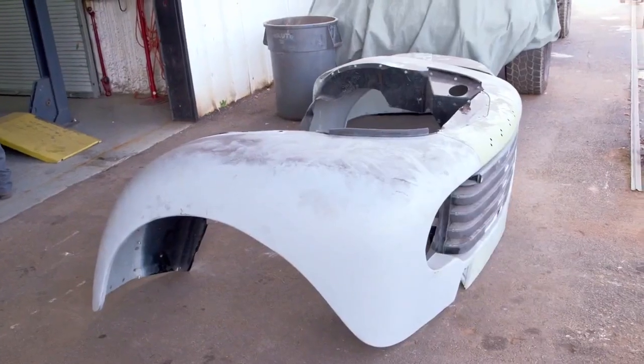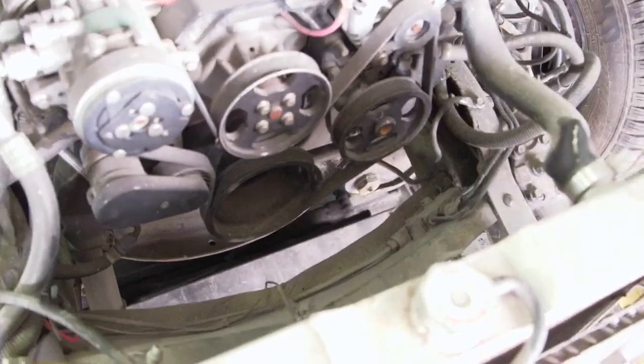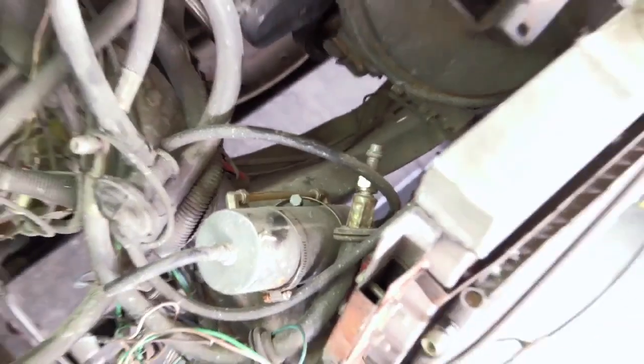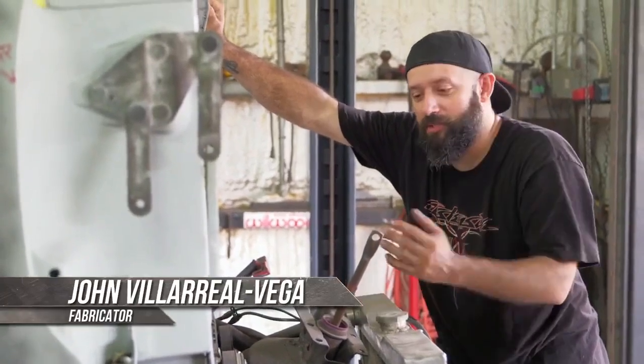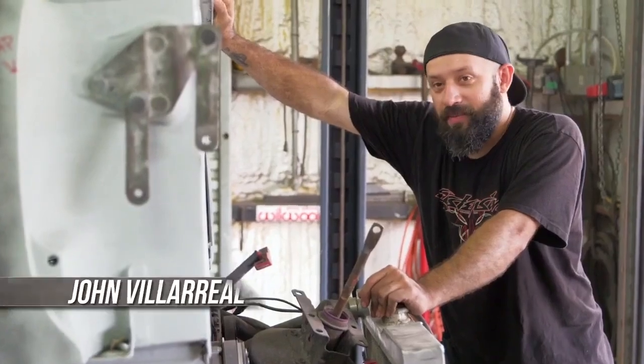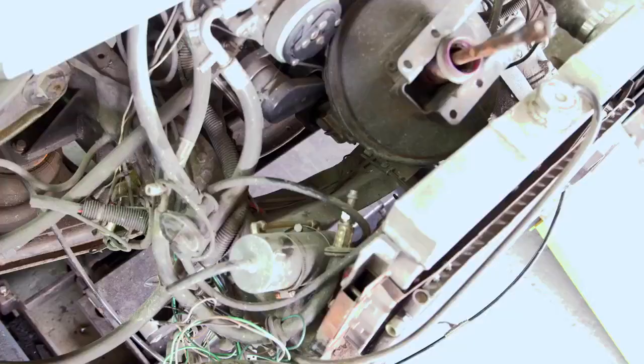This cross member right here is gonna really hang us up on getting the bottom of this thing out. I seen that coming. Sucks. I had a feeling this was gonna happen, but it was worth a shot. You know, we were hoping we'd just remove the front end and we're about to get the engine out the front of the truck. But clearly that's not gonna happen because we got a front cross member here and we don't want to cut that out. So,